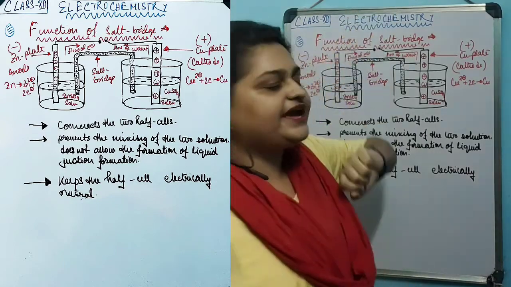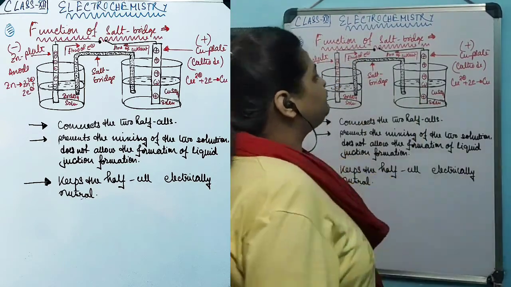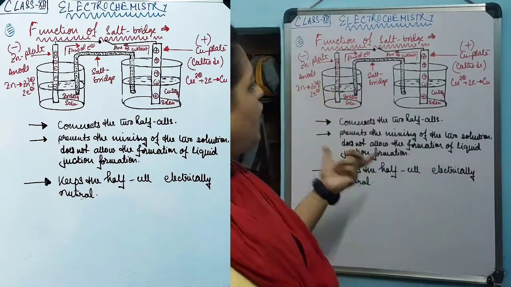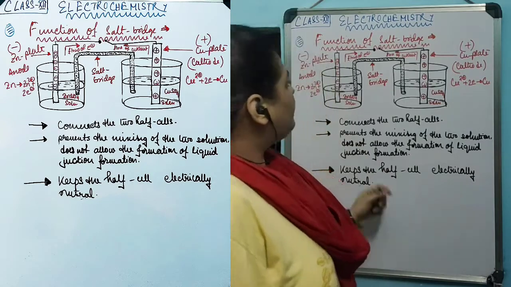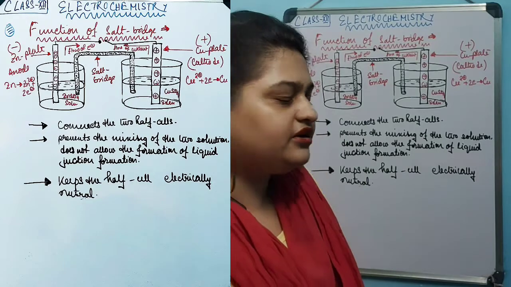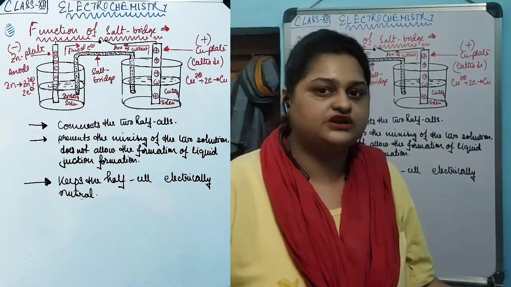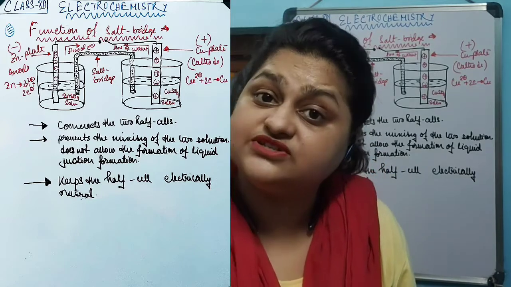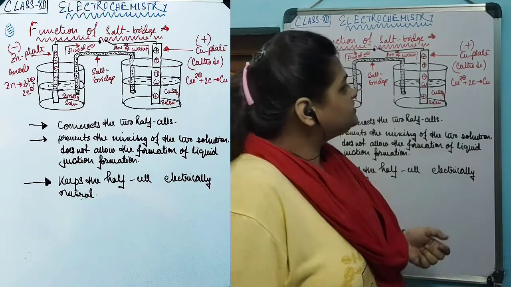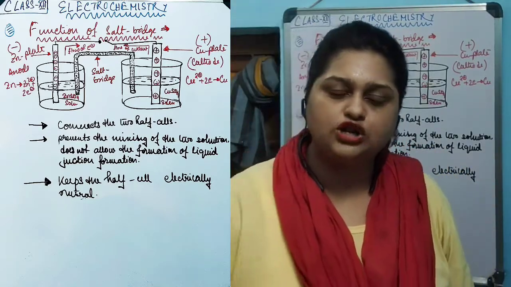When you remove the external wiring, these two setups are different from one another. In this setup, the two half cells are connected via the external wiring and the salt bridge. So when we remove this external wiring and salt bridge, these two half cells have no connection between them. As a result, there will not be any spontaneous reaction taking place when we remove the external wiring and the salt bridge.